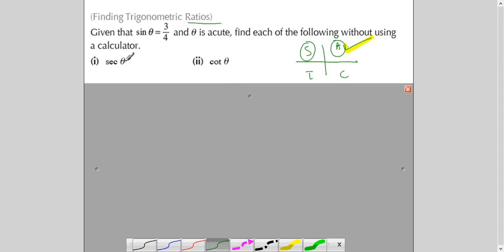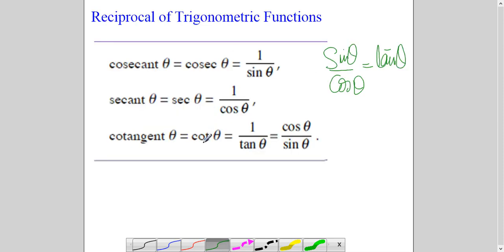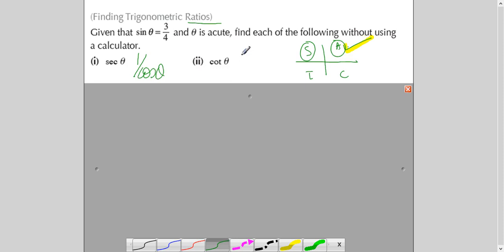You know why? Without doing anything, I'm telling this. The reason is sec is the reciprocal of cos. We have just seen here. If you don't remember, you can refer to it, or write it down in your copy. And cot is the reciprocal of tan. So if tan and cos are positive in the first quadrant, then definitely they will be positive. So to find sec, I will simply find out cos theta and take its reciprocal. To find cot, I will find out tan theta and take its reciprocal.